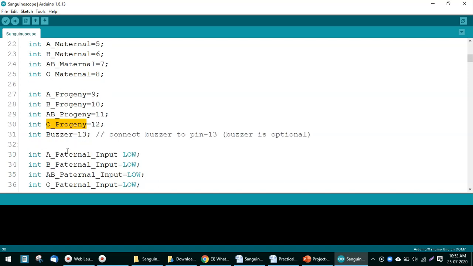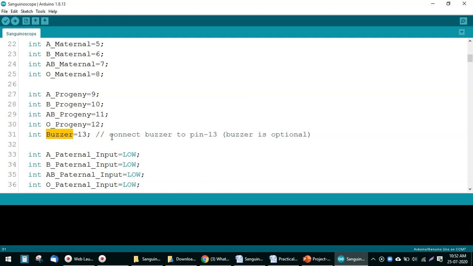And since we are using a buzzer, whenever somebody presses the 2 buttons, A paternal and say A maternal, and remember these 2 switches you have to press simultaneously.